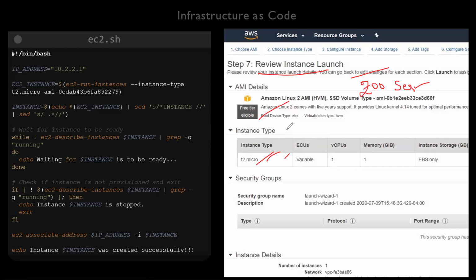Like this, there'll be a lot of unique parameters to be defined. So if that is the case, we cannot use this AWS console to manually launch these 200 servers, correct? It is a time consuming process, no? If you do it like this,